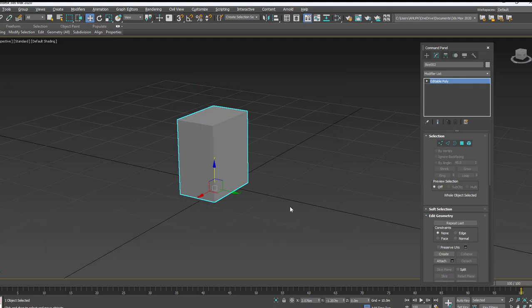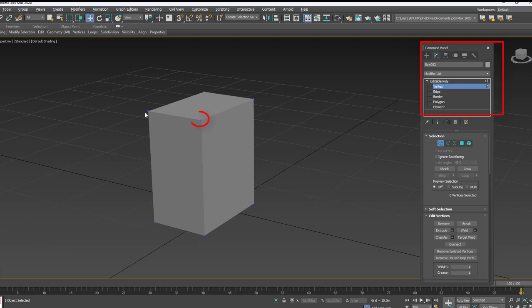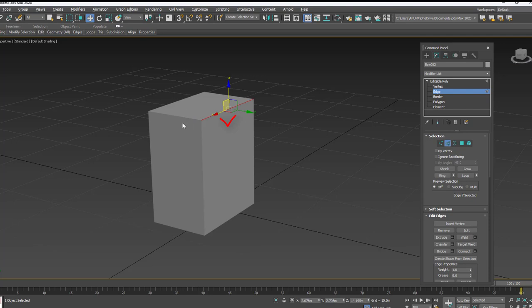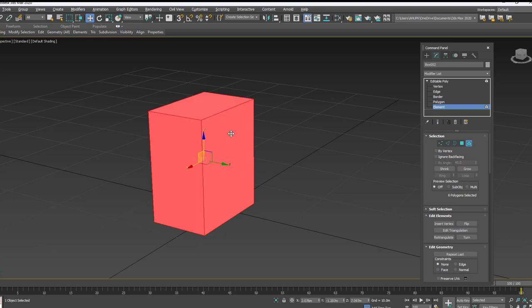So when you click over that editable poly, here you will get the editable poly options. Expand it. We have the options like vertex, means as you can see each pointer highlighted like this in the blue color, and then edge means you can select any edges, border, and then polygon means you can select any polygon that is nothing but face. Element means the whole part you can select with the help of element. This is how you can modify each part of that box. Let's learn one by one.